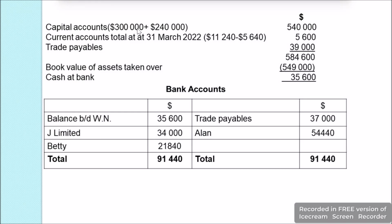For Alan it was $300,000, and for Betty it was $240,000. So the total will be $540,000. The current account balances which we have calculated for Alan, it was $11,240, and for Betty it was negative $5,640. So we'll get the total as $5,600. The trade payables which was mentioned was $39,000, and when we total this up it will be